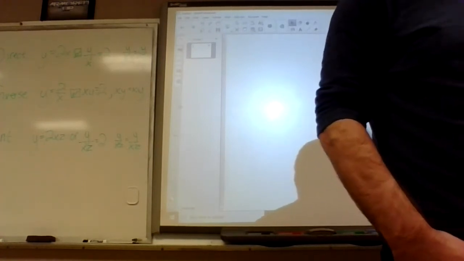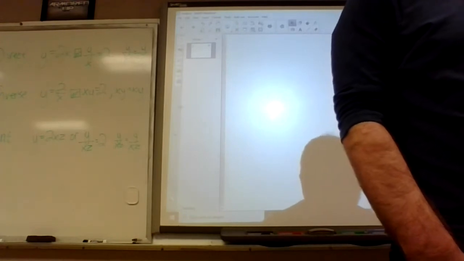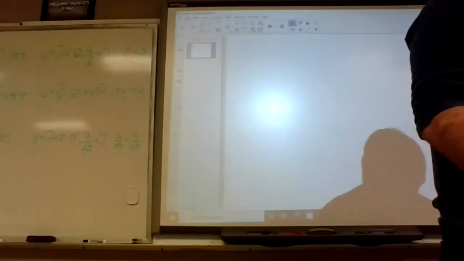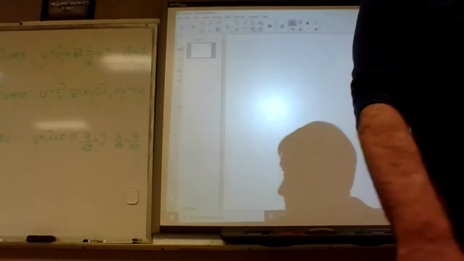Number 11. Okay, this gets complicated because when it's not a word problem, it actually gets a little more confusing. Okay, probability that A and B happen together. And they are independent, so there's no overlap.